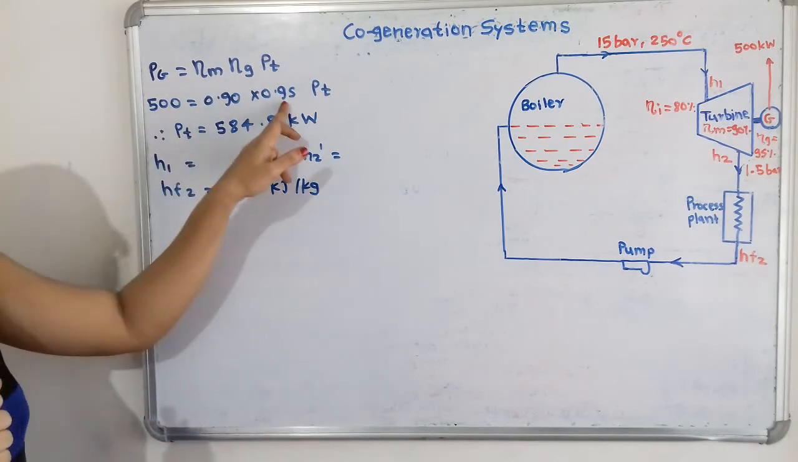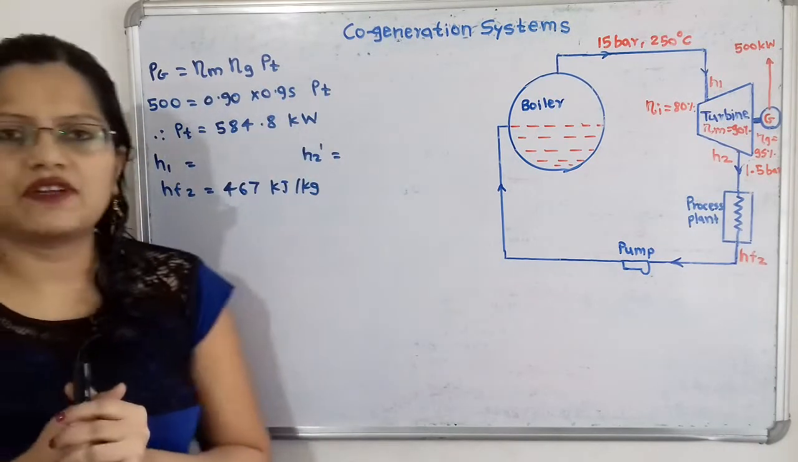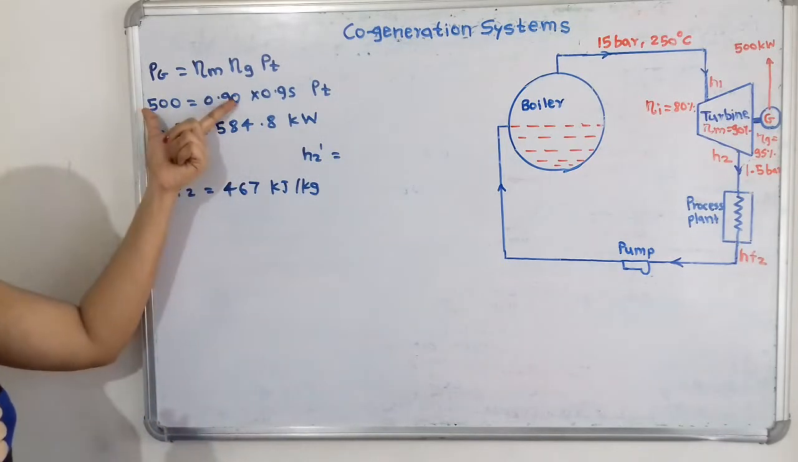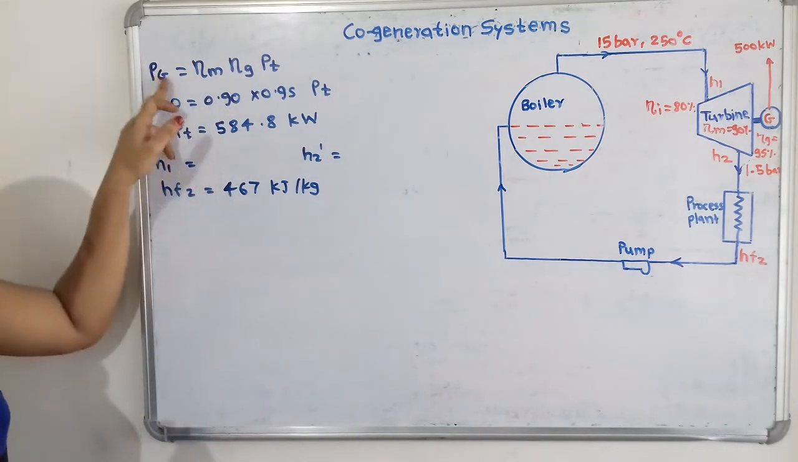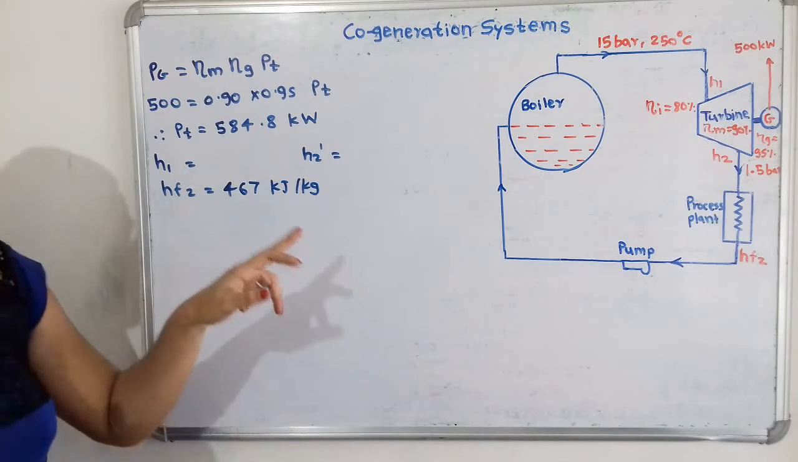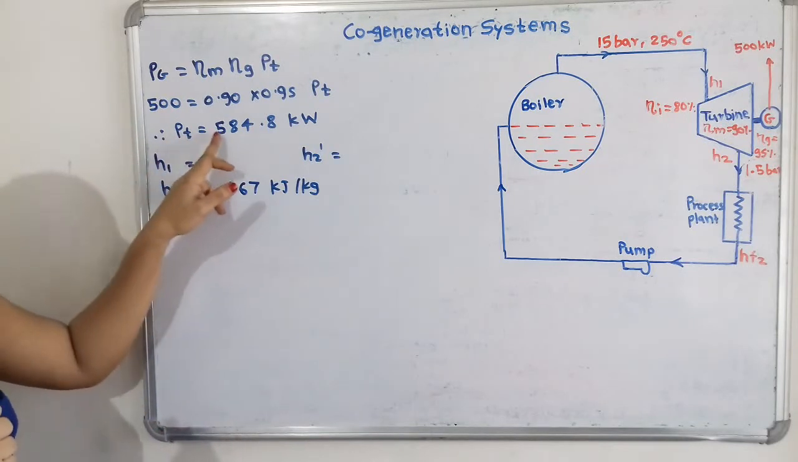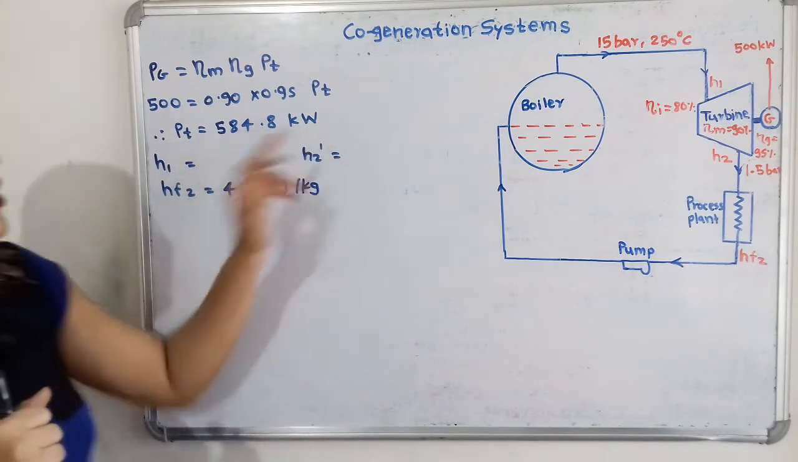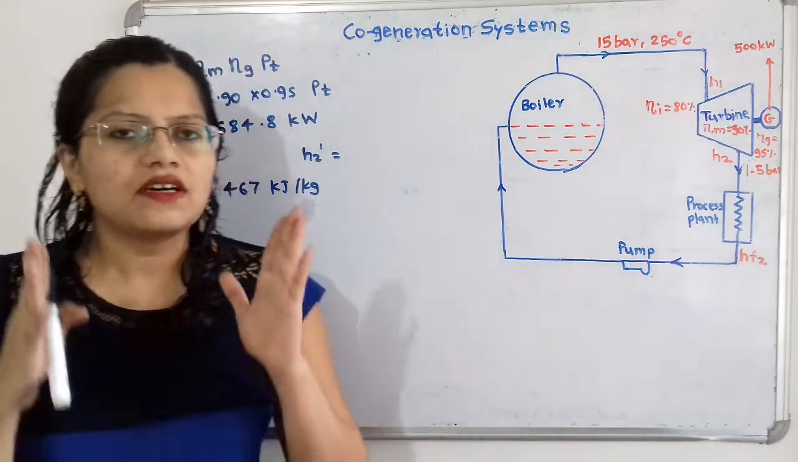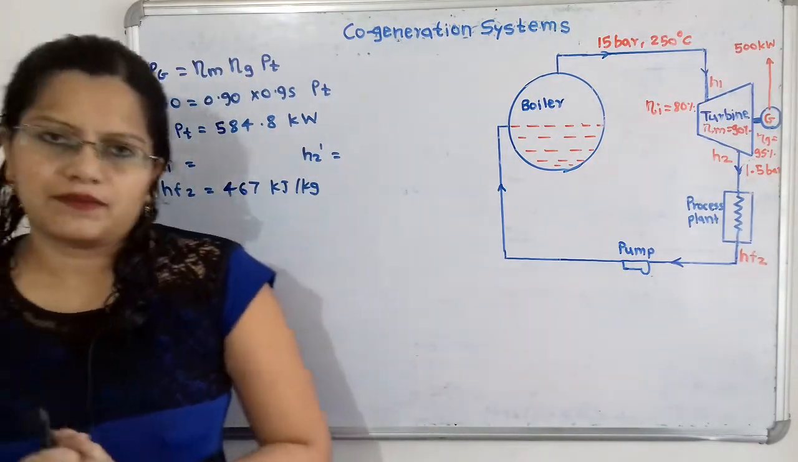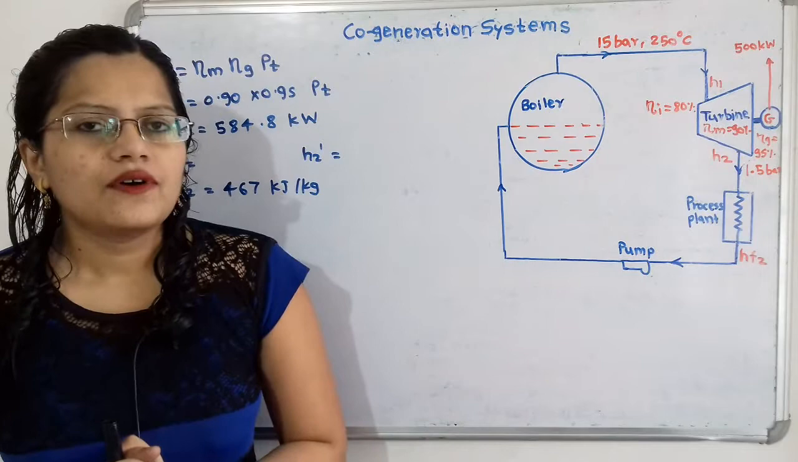Here all the values are known except the power developed by the turbine. So we will put all the values. Here the power developed by the generator is given as 500 kilowatt. Therefore Pt is equal to 584.8 kilowatt. So this is the power developed by the turbine. Now we will